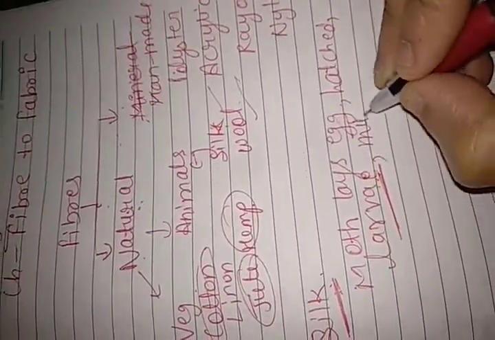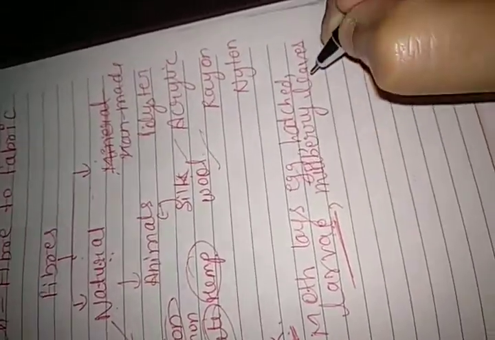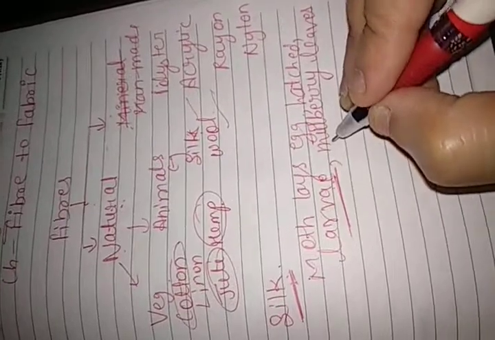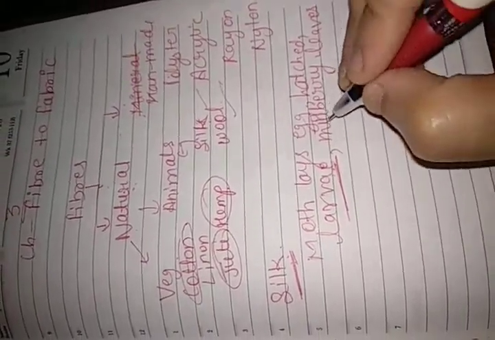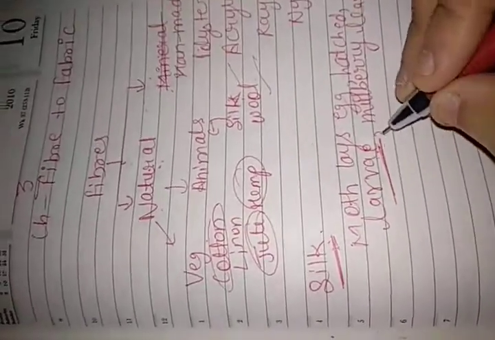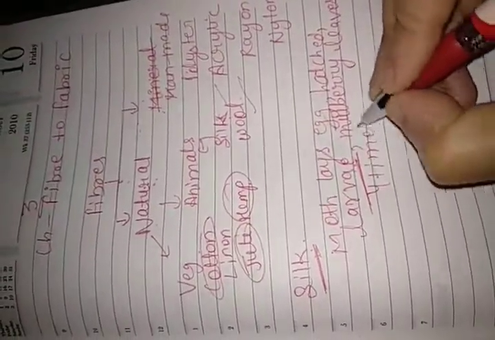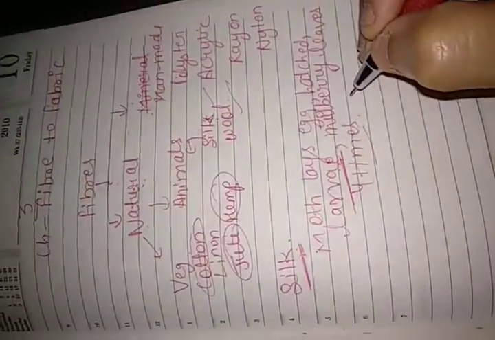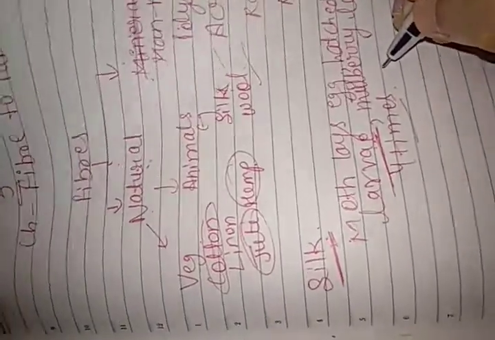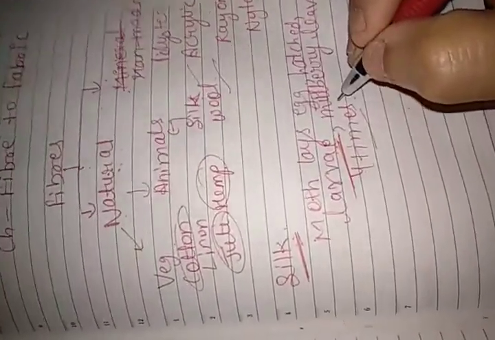They eat the mulberry leaves. So the silkworm feeds on mulberry leaves. They grow in size and during this phase they shed their skin 4 times. Okay, 4 times. And shedding of the skin is called molting. It can also be seen in snakes. But here, what do you mean by molting? It is the shedding of the skin of the growing silkworm.